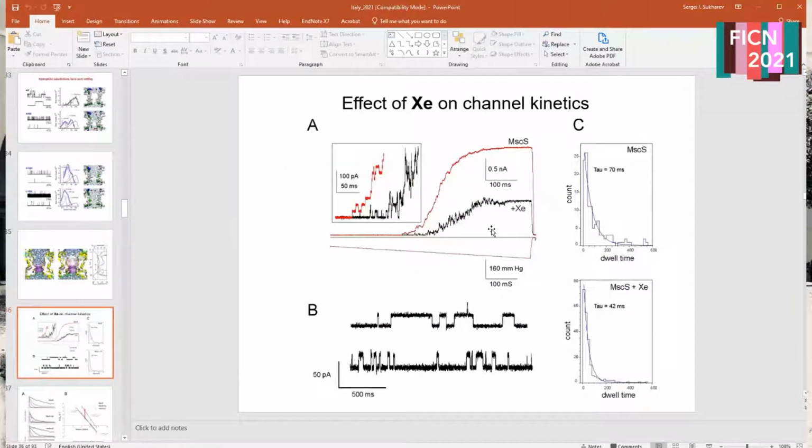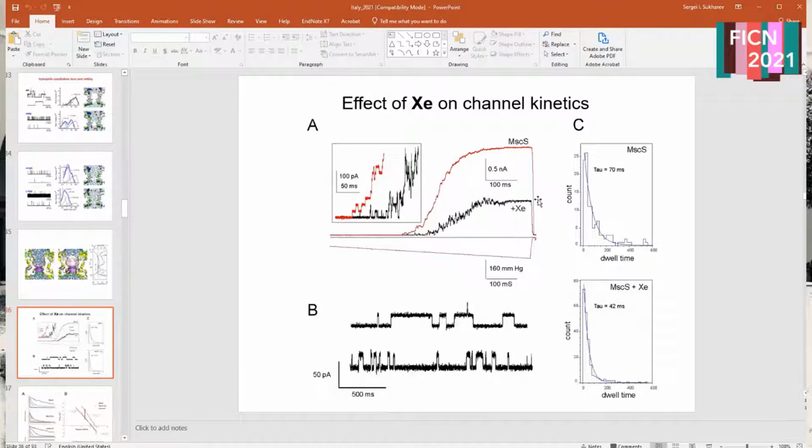This experiment design came after discussions with Dirk Gillespie, who actually even had a little bit of spare cash at that time and sent us a small tank of xenon that we used for that. This is a regular dose response curve of MscS. Xenon